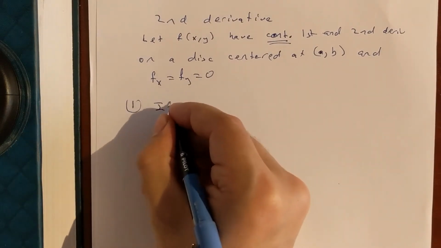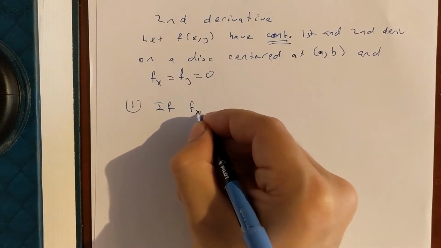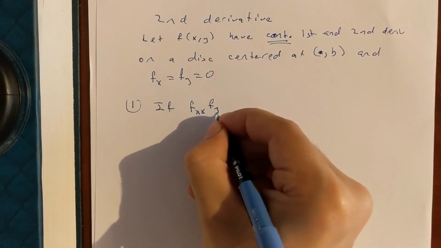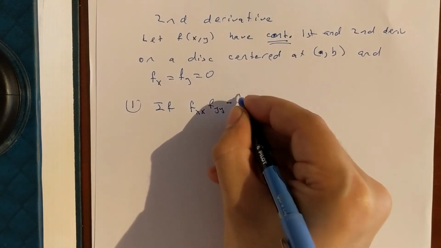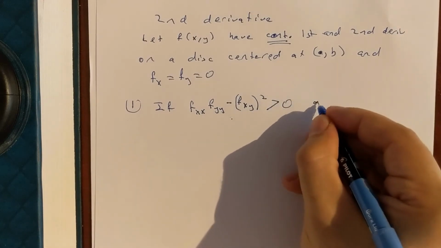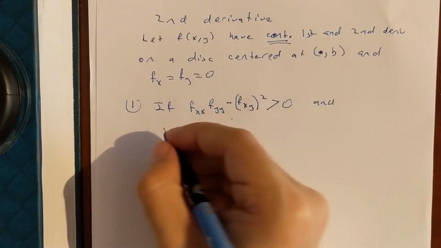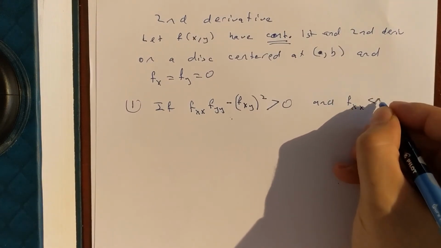If we have this funky term, f_xx times f_yy minus f_xy, the whole thing squared, is greater than 0, and if f_xx is less than 0,